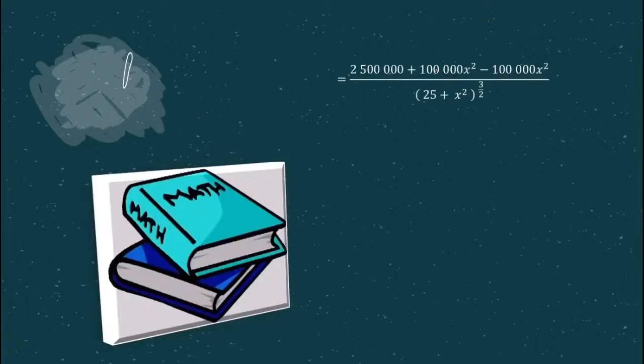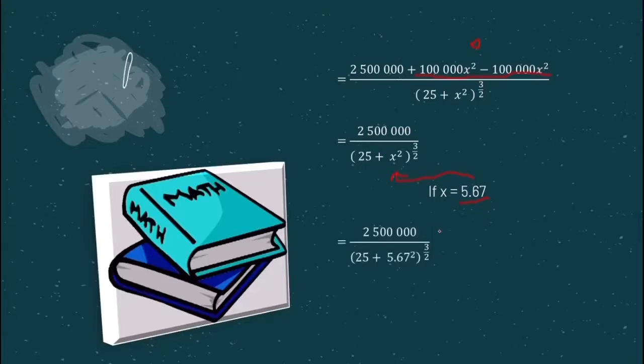After I expand from the previous step I will get this, and here we will see positive 100,000x squared minus 100,000x squared, and it will be 0, so we can write it like this, and after that we just substitute the value of x that we get from step 2. So the value of x is 5.67, so after we substitute the value of x we will calculate with a calculator and we will get this, and here we will see